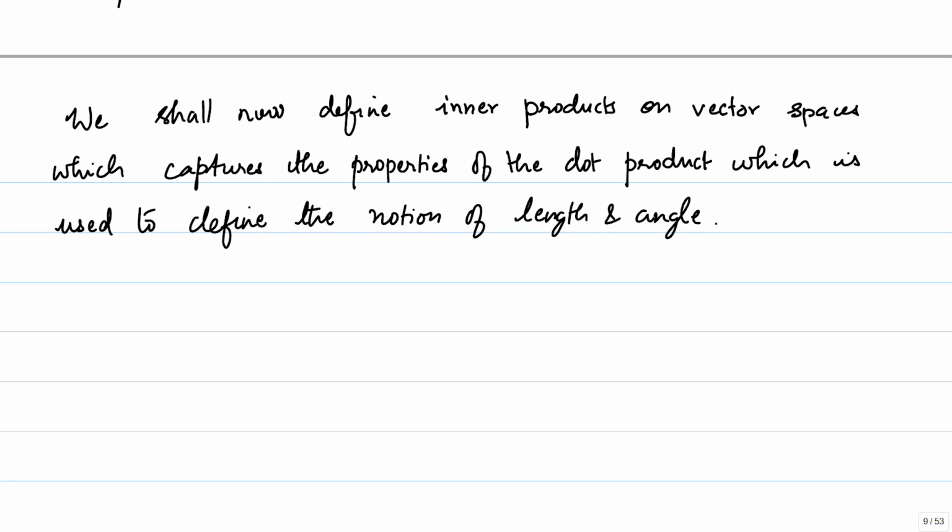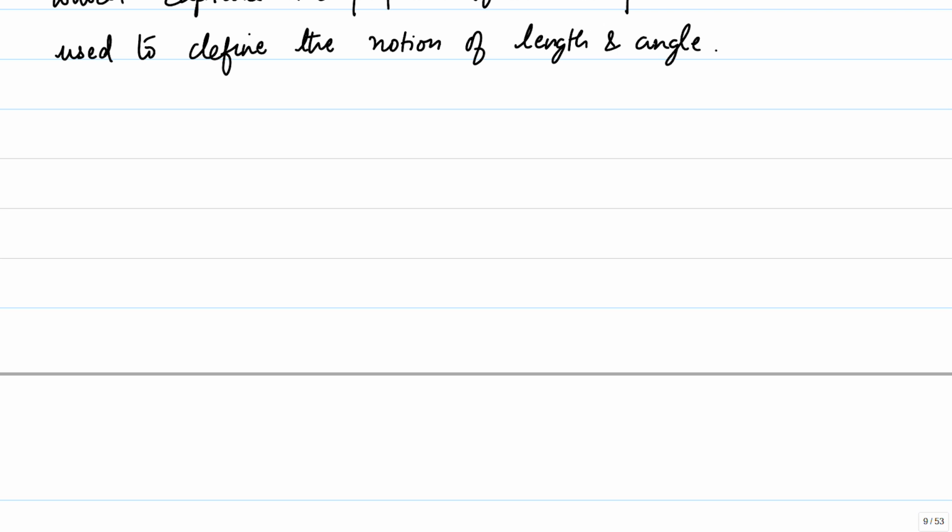So we are going to define inner product on vector spaces, and the first thing to keep in mind is that from now on we shall not just consider vector spaces over the field of scalars being R, we shall also consider vector spaces over complex numbers.